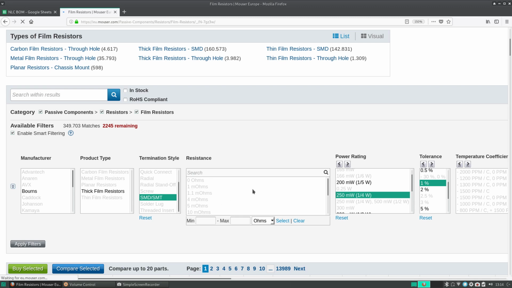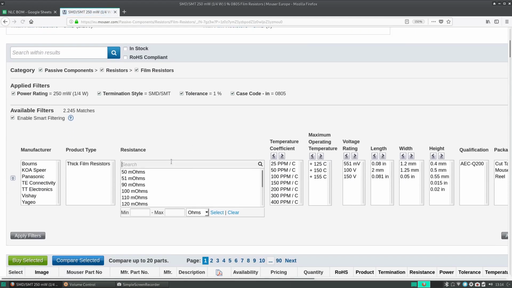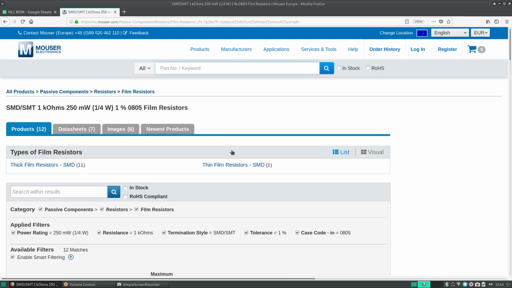Come on, Mouser. There you go. So we'll search 1 kilo ohm, 10 kilo ohm, 1 kilo ohm. What I want to show you with this is when you have a lot of things to choose from, like 12 remaining. So I will apply filters, and I will show you how to select this 1 kilo ohm